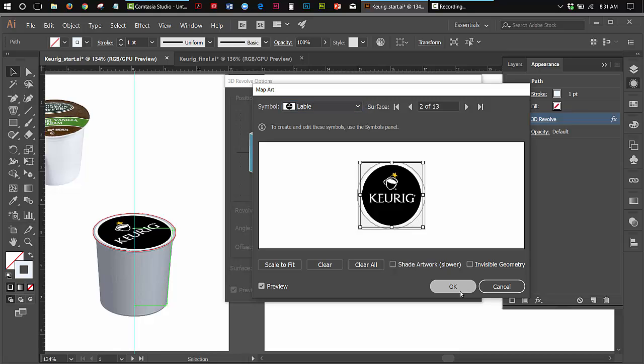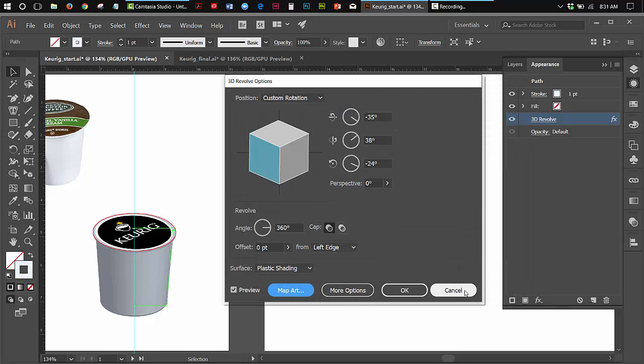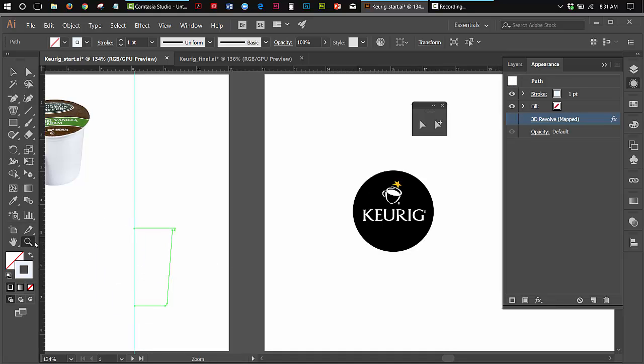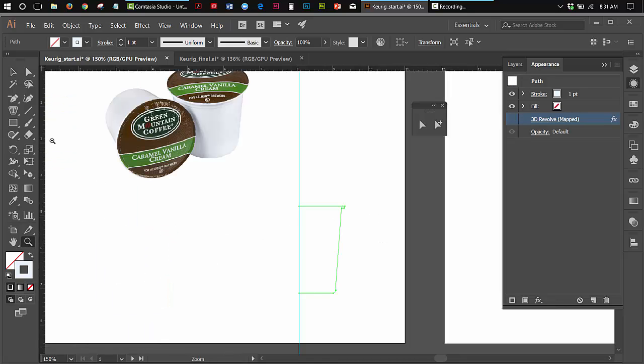At any rate, I'm going to go OK with this, and I'm going to hit OK with this. And now deselect it, and there's my Keurig cup. All right. Now, if I want to, I can do things to this thing still. I can come over here and I can select it, and I can come to my 3D Revolve, and I can hide the 3D Revolve, and I can come in here, and I can take my